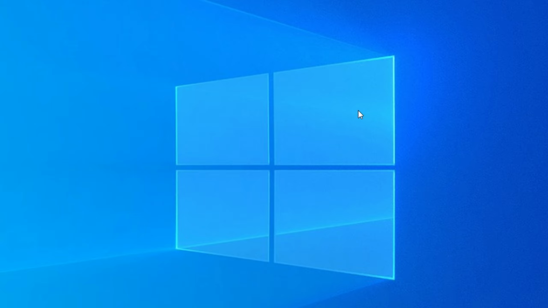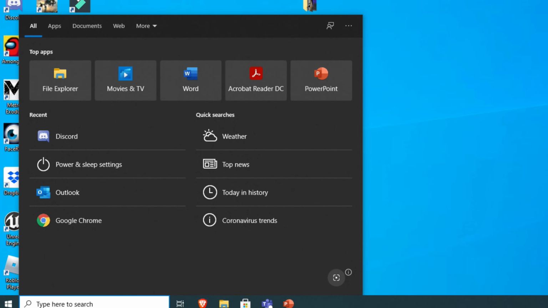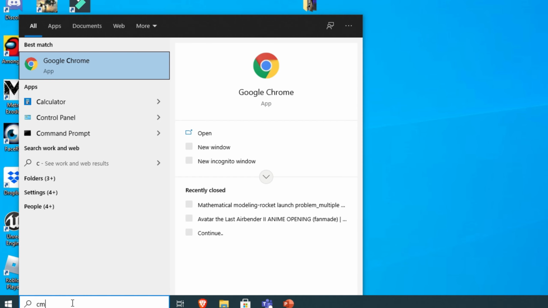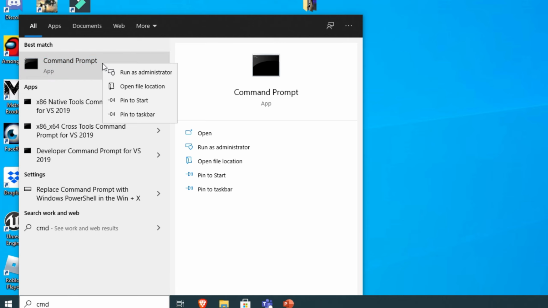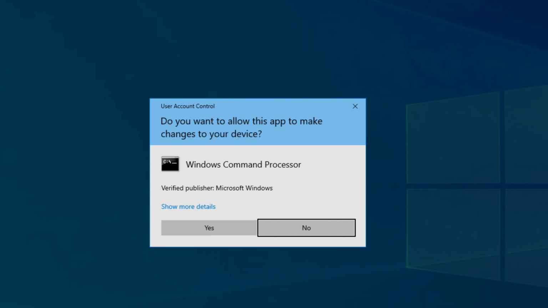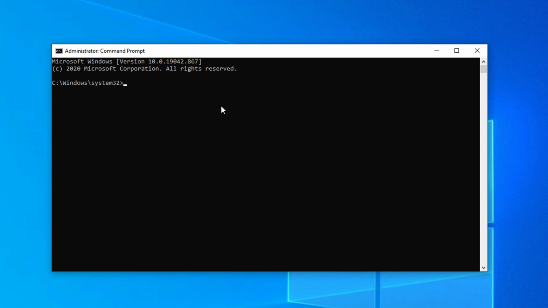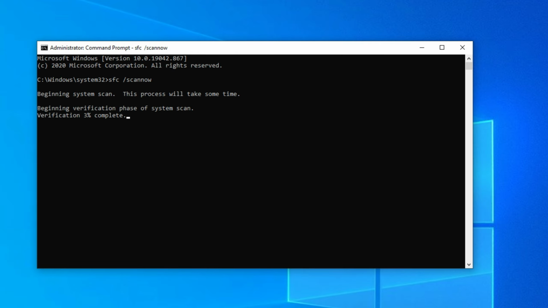Today I'm going to give you a quick tutorial on how to run a check disk and quickly check for corrupted files on your system. So, the first step is go to your search bar, type in CMD, right click, run as administrator, and then for the first part, type in sfc /scannow. And this will take a few minutes depending on how fast your system is, but while that's scanning, go to